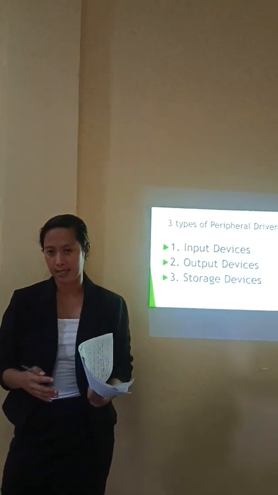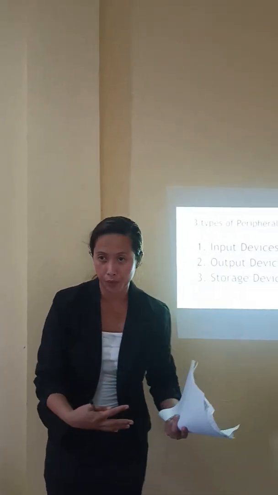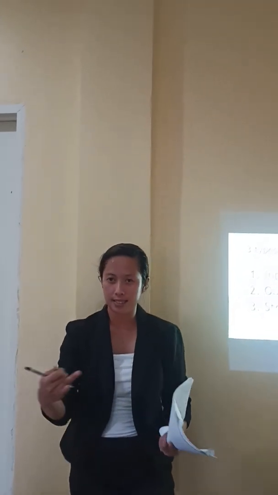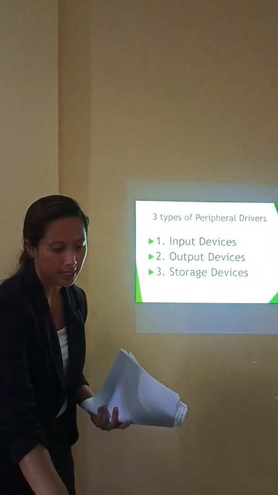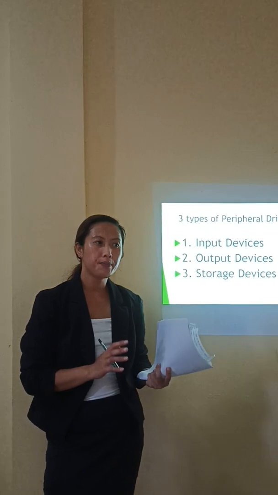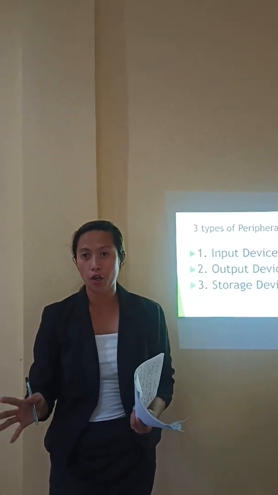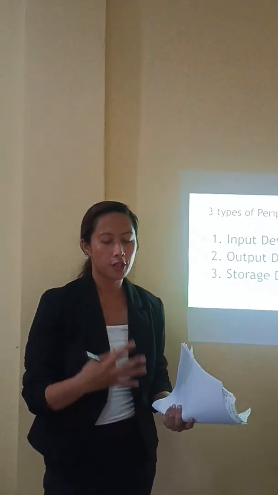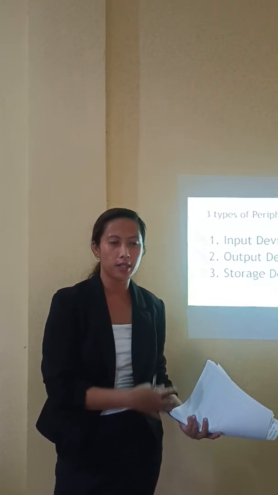So input devices, from the word input, help you input data to the computer. Some examples of input devices are the mouse and the keyboard. Next is the output devices. Output devices help you get output from the computer, like printer or the monitor. Storage devices help you store data from the computer, such as